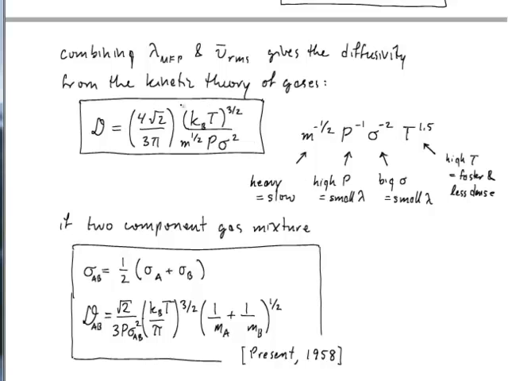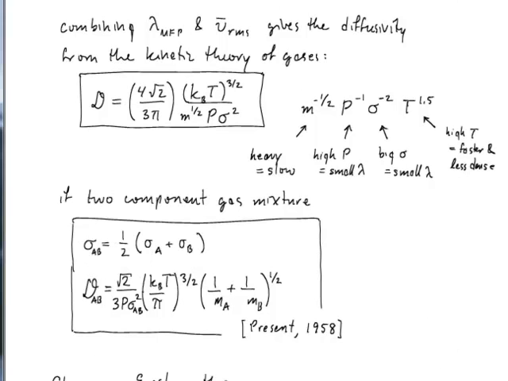And so this alone will maybe not allow us to do a good job predicting absolute diffusivities, but certainly is good enough to predict how diffusivity will scale when I make a change in temperature, when I make a change in the mass, when I make a change in the pressure, etc. So, you know, it took a bit more effort to work out the diffusivity in the case when you have two-component gas mixtures.